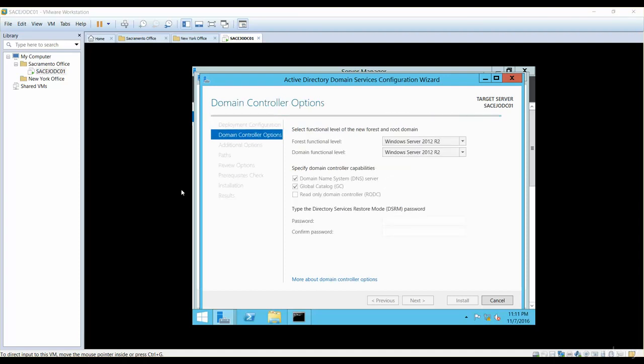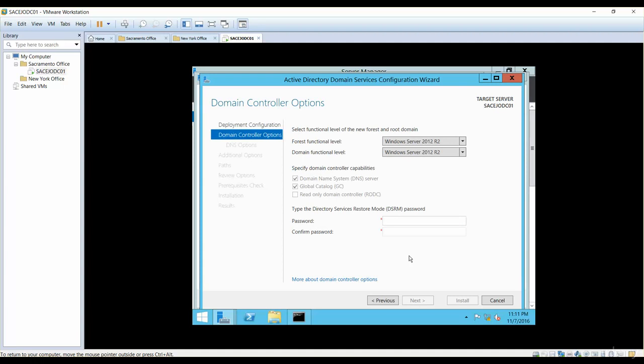So as you can see now, there was no domain controller with elmjotech. That's why you see no errors. And now the forest functional level is Windows Server 2012 R2, which is the highest, and we are good with that. So we also want DNS to be installed. We also want global catalog to be installed. And then